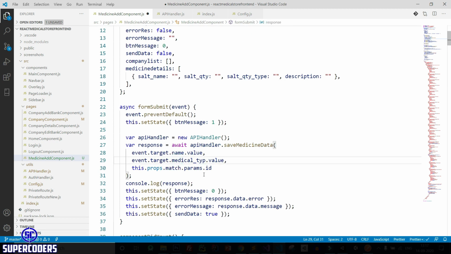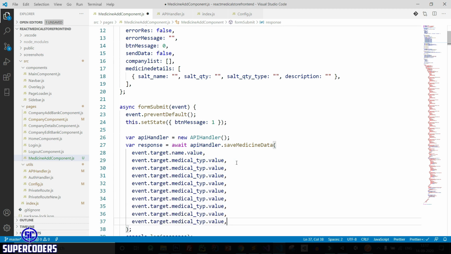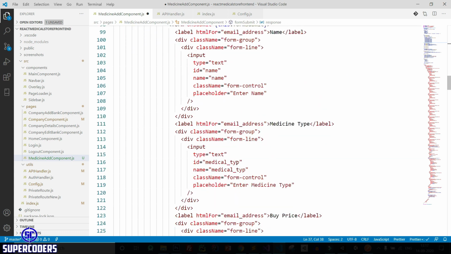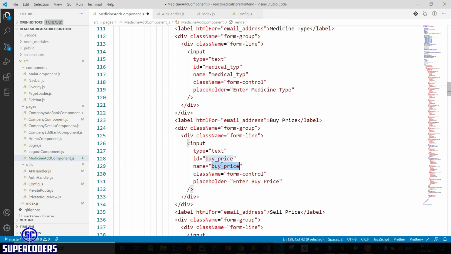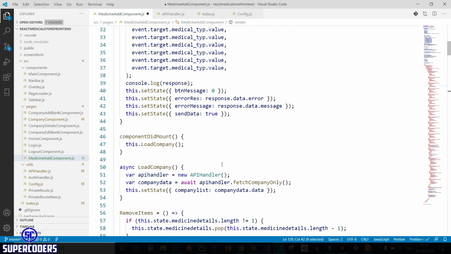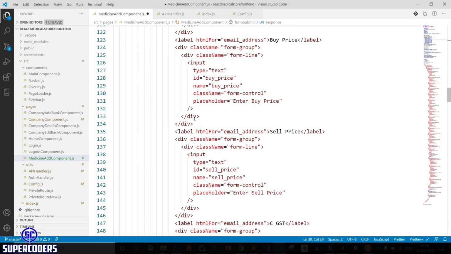Copy it, paste it. Now remove this ID. Now let's copy this multiple times and let's see other data or keys. So next is buy price. Copy this name, medical type, buy price. Next is sale price.